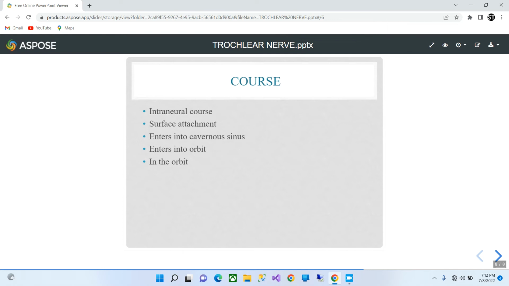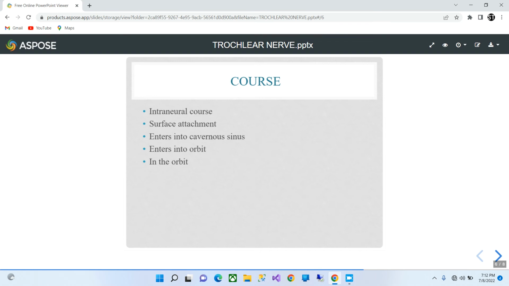Then this nerve winds round the superior cerebellar peduncle and the cerebral peduncle, and also passes in between posterior cerebral and superior cerebellar arteries. Then it enters into the cavernous sinus by piercing the posterior corner of the roof, and it travels in between the oculomotor and ophthalmic nerves. And in the anterior part of sinus, it crosses over the oculomotor nerve and enters into the orbit through the